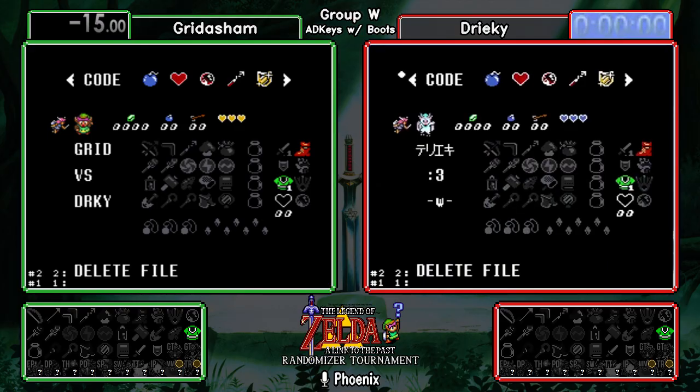We are today in group W and this is a game between Gridasham and Drieky. So talking about group stage, I mean this is